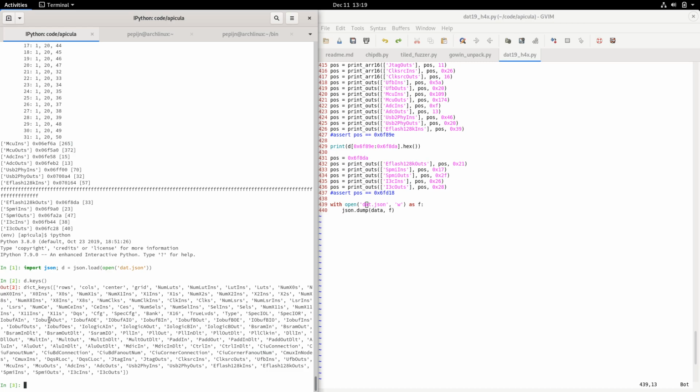IO buff A in, IO buff A out, IO buff A output enable, IO buff A IO, IO buff B in, IO buff B out, IO buff B output enable, output B IO. So these are like, a normal IOB has 2 sides, right? The A side and the B side. However, the special IOB has 10 of them,